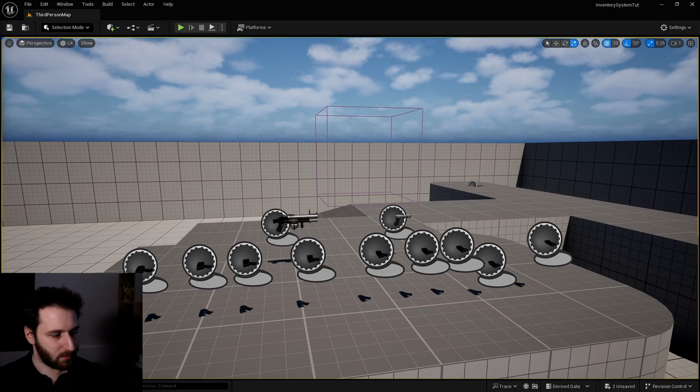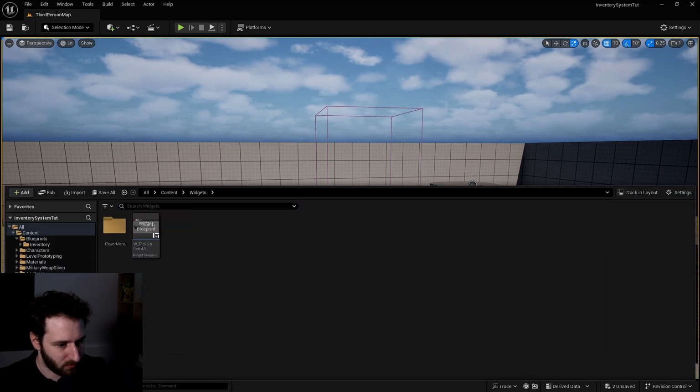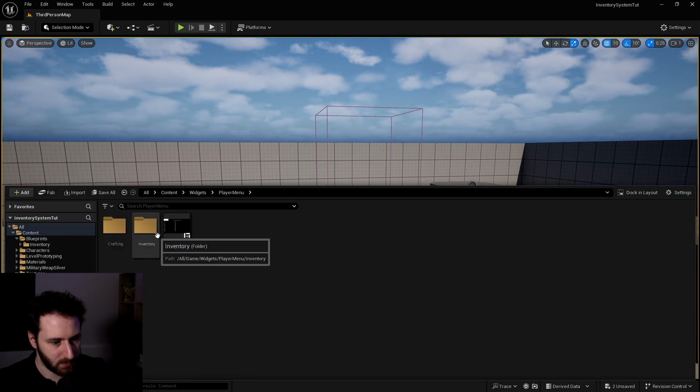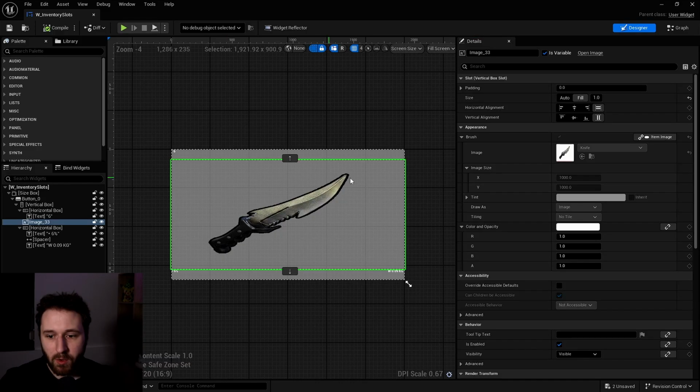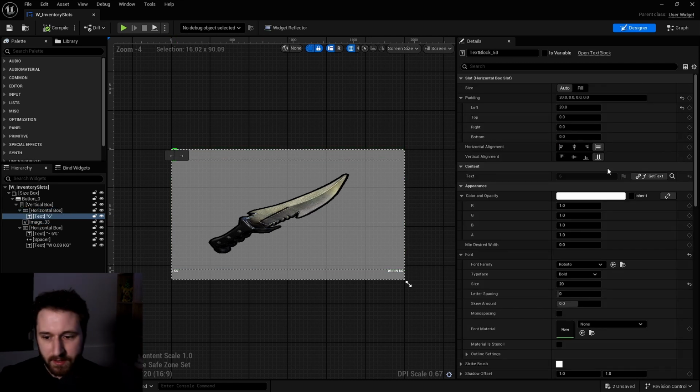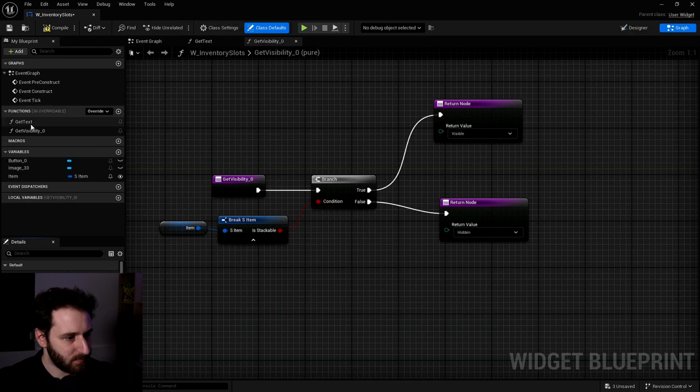Okay, so here we are in Unreal, and we will start by optimizing our UI. So we have our widget UI that we created last time. In here we have our player menu and our inventory. I will show you one issue that we have. When we are creating a binding directly into a widget, into a component, we get some issues. In here on this little text, we can see that I have created a function and it's bound to that function. We'll go into that function and you will see in here, I have my get text.